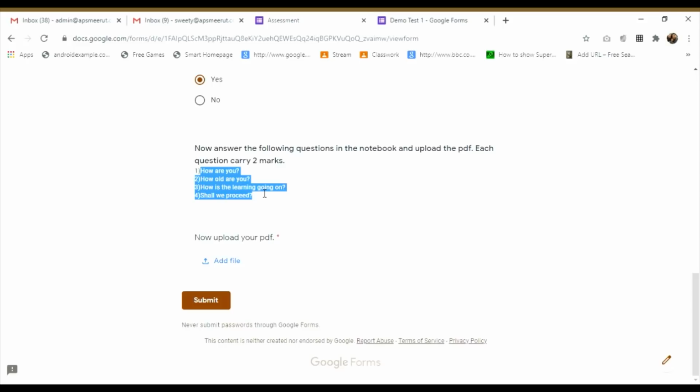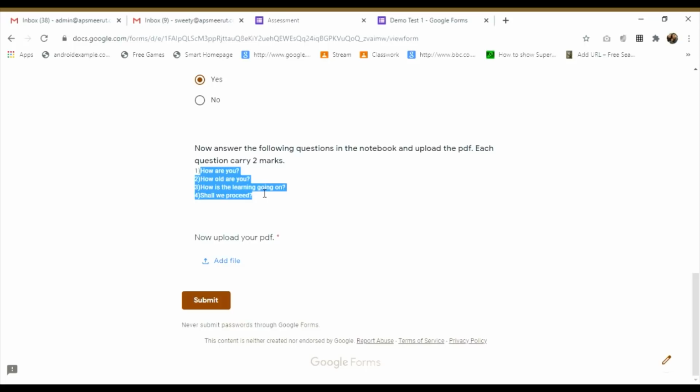or the desktop. But if you are attempting your question paper from your mobile phone, then you have to long press on that particular image, and then you will get one option, save image to phone or save image to storage. That kind of message you will get, and then you have to click on it and that image will be saved. Why am I saying so?